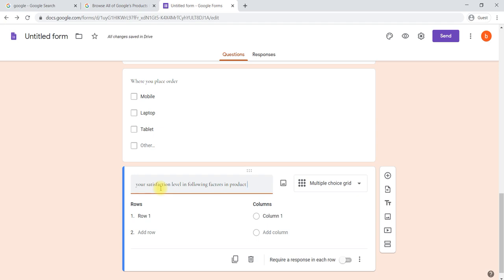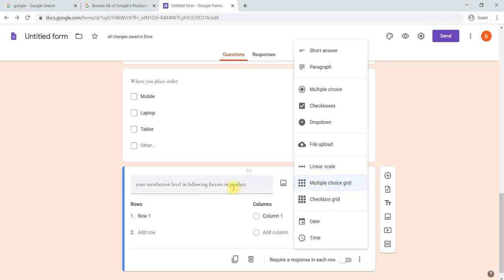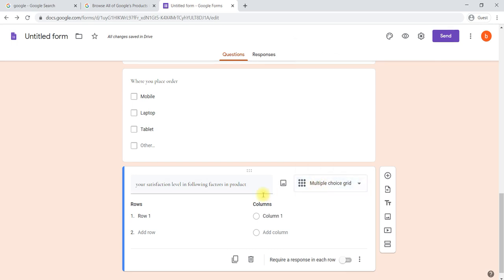He has to select which will be suitable for him. Okay, what is his satisfaction level? By default, it has been detected as the multiple choice grid option. Yes, we have to use the multiple choice grid option, because we are going to ask more than one question here.